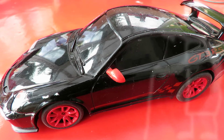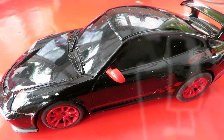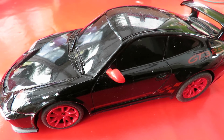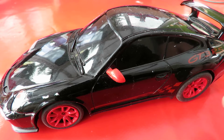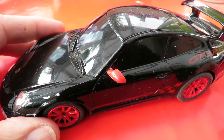Hi guys, I showed you I picked up this Porsche GT3 RS in a charity shop for 49 pence, and we had a look underneath and the battery compartment was completely corroded, so I told you this was basically junk. I've had a little look through my pile of other radio controlled cars,